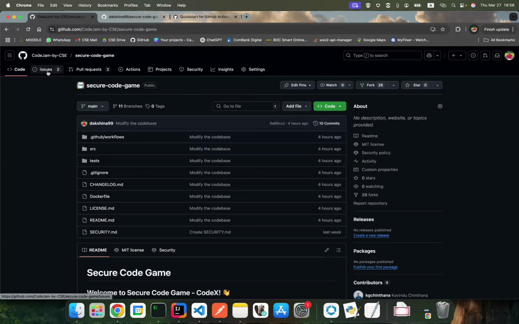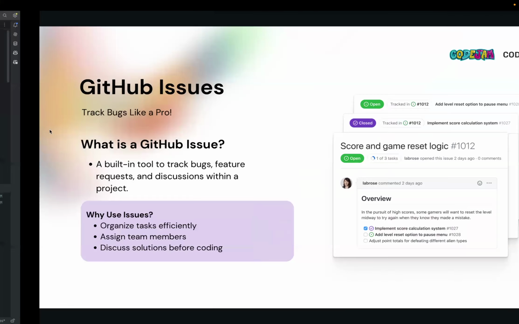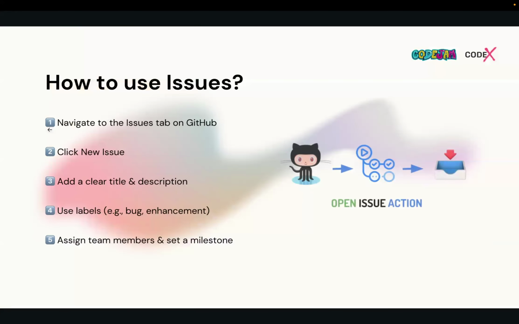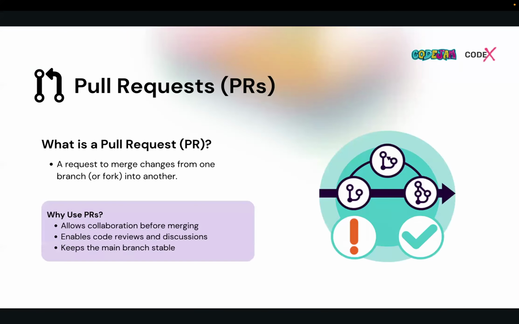Issues are very essential in open source projects and corporate projects to track bugs, feature requests, and improvement requests. That is very essential to keep track of the work done by others as well. Okay, that's all about issues. We have added things here regarding issues and how to create them. I've demonstrated it already. Then we have the other thing, the pull requests.